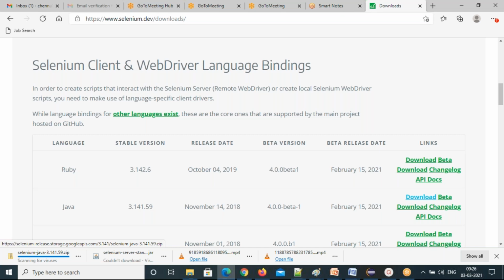Open a website, any browser you open first. So you open this selenium.dev website in the browser.